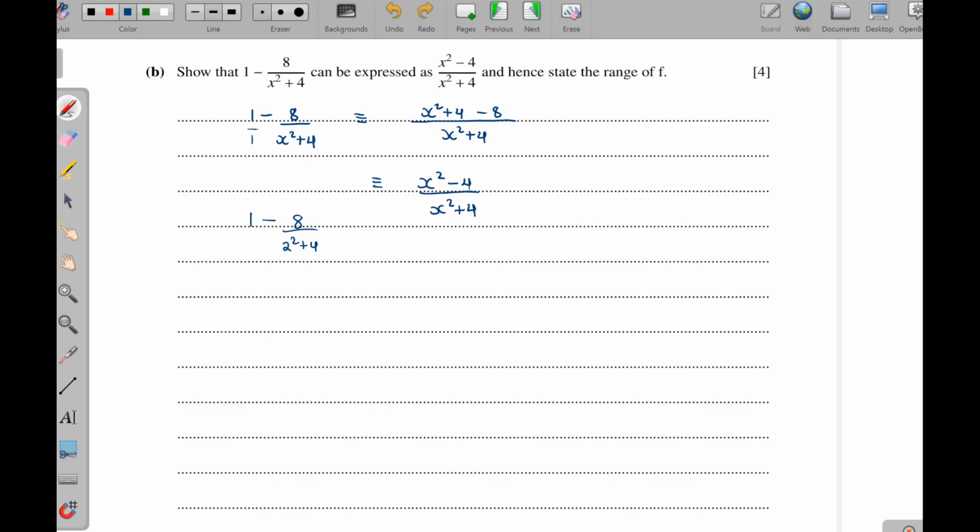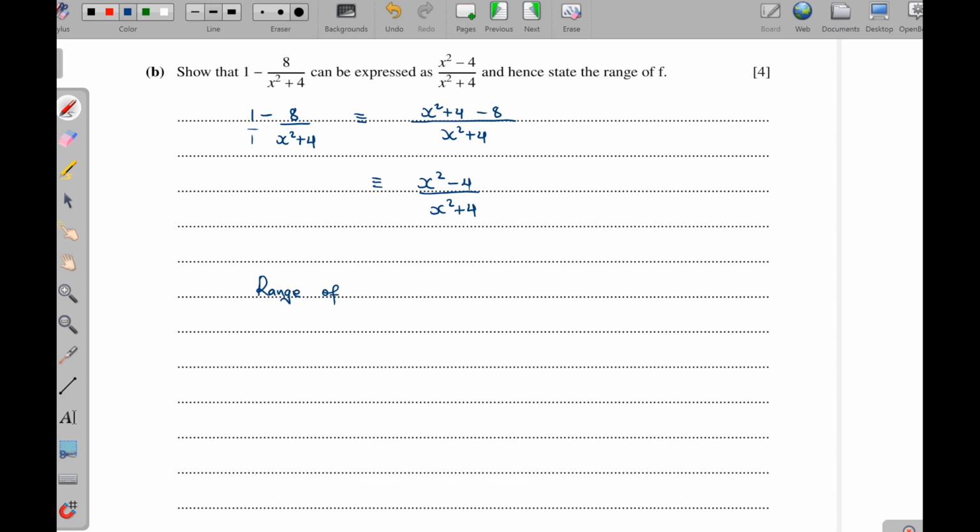8 over 8, which is 1. So 1 minus 1, you get a 0. But remember, they told us that x is greater than 2. So that means we are beginning from 2 point something, whatever. You get it? So that means what we are getting here, the range